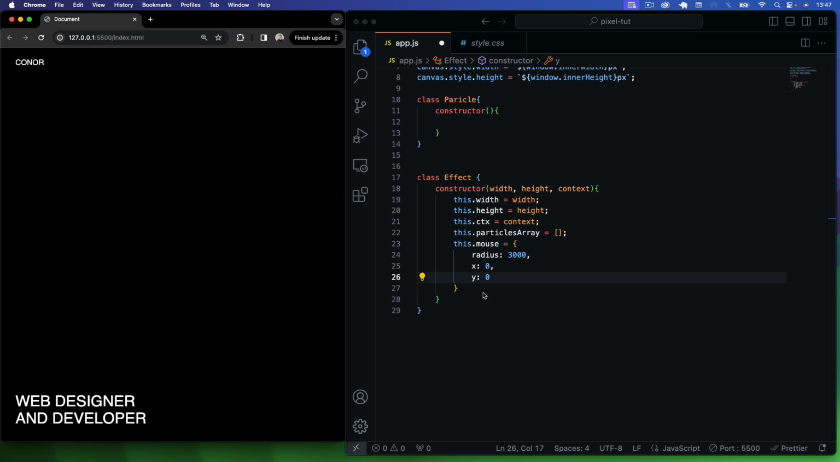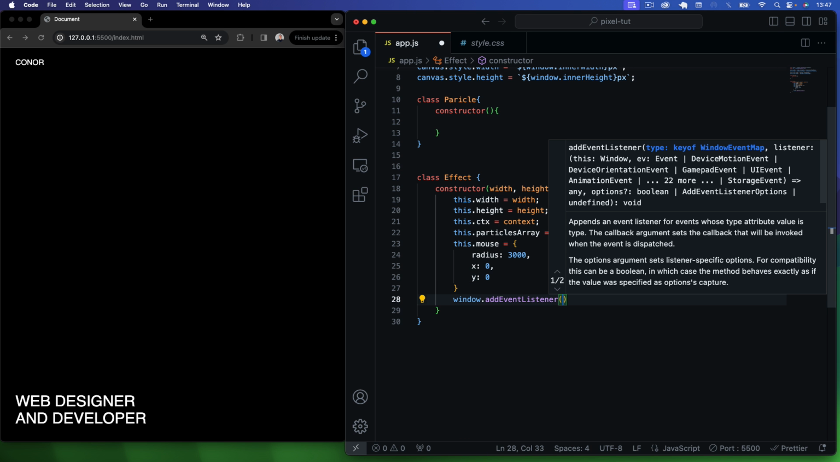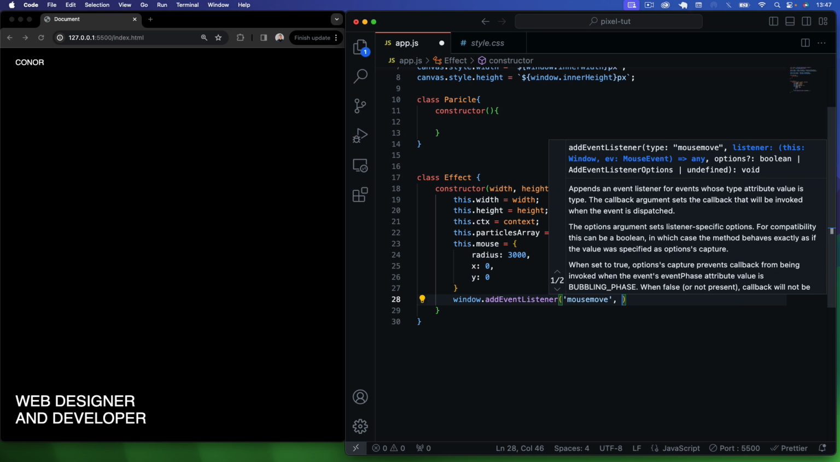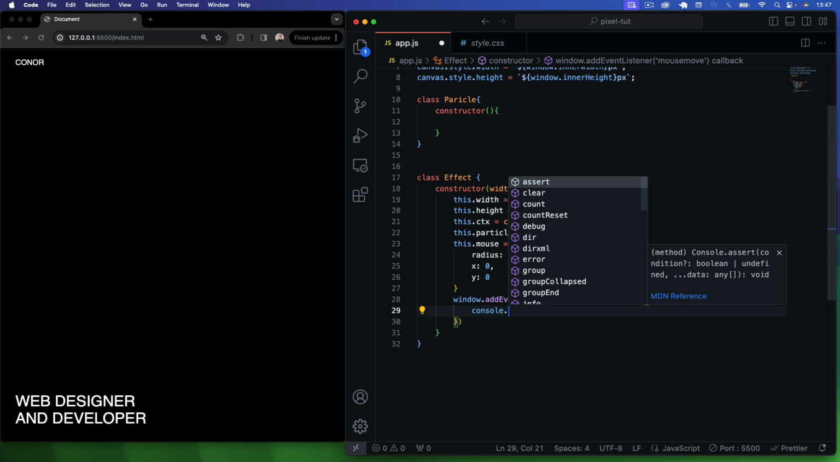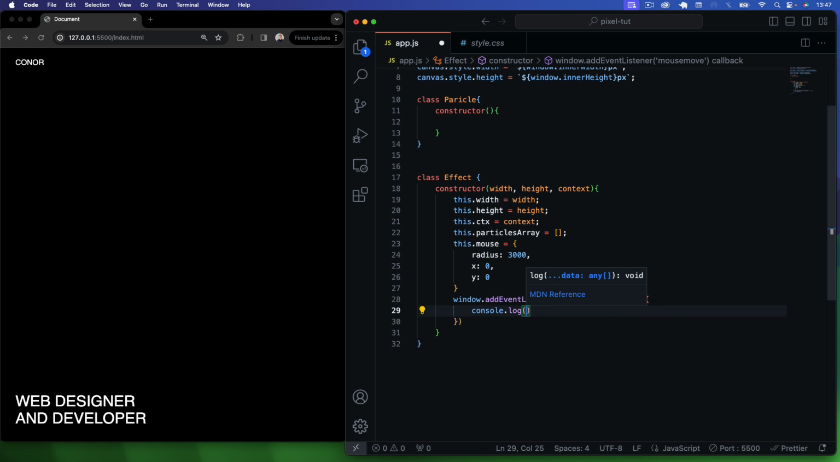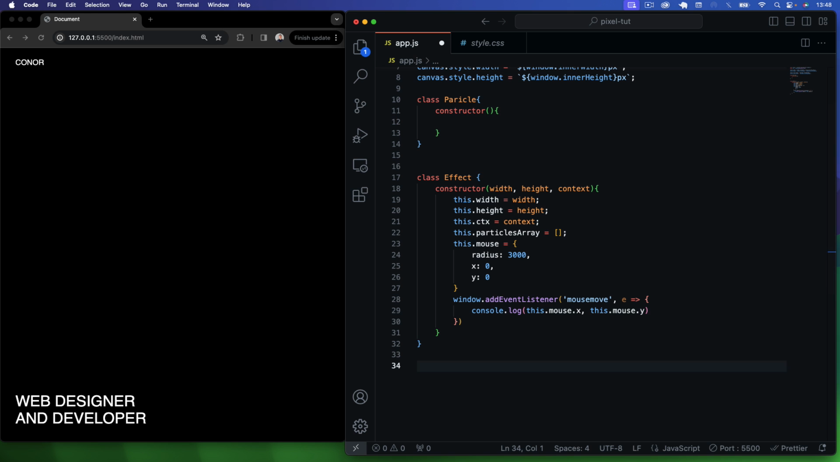So let me just show you now. For example, if we say window.addEventListener, we'll listen for a mousemove event, and then we pass that event into an arrow function here, and what we can say is console.log this.mouse.x and this.mouse.y. Now we'll come to the bottom here, and I will say let effect equal new effect, like so,